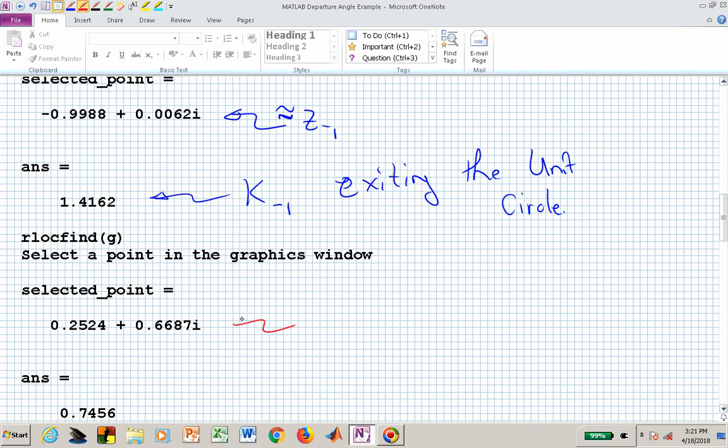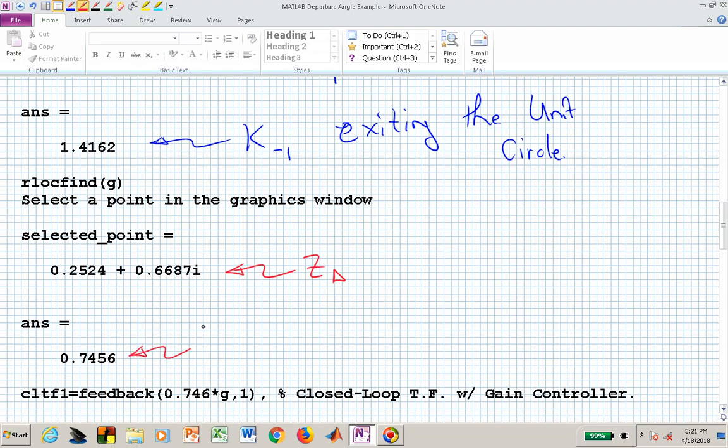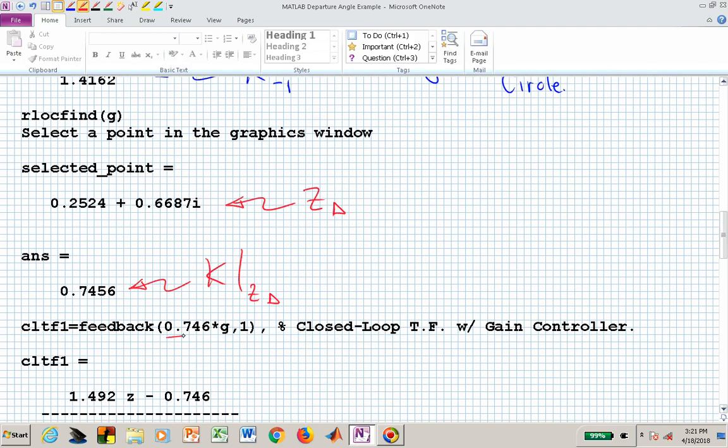Here's now z triangle. It's at 0.25 plus and minus j 0.67. It's just the one point, so it's the plus 0.67. The gain at that value is now 0.74,